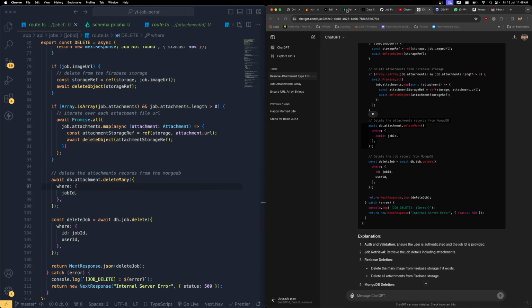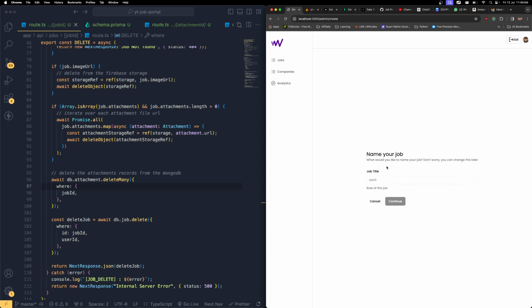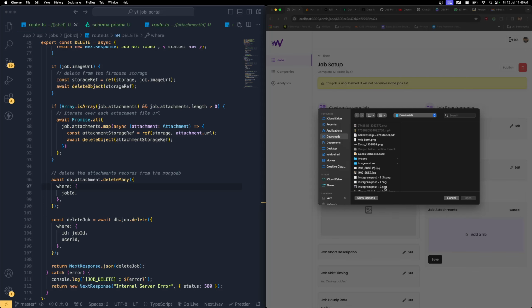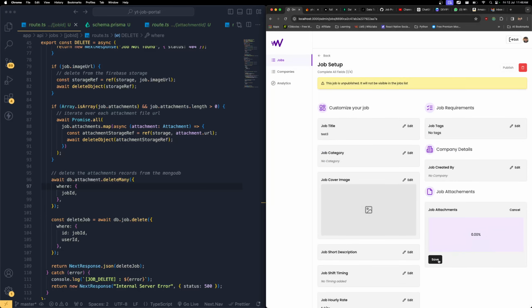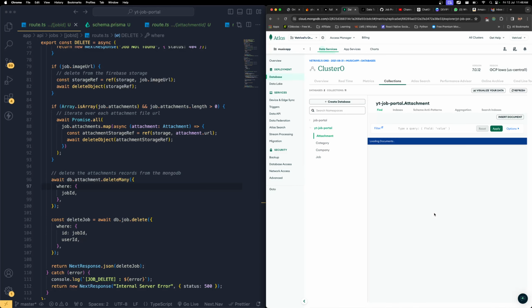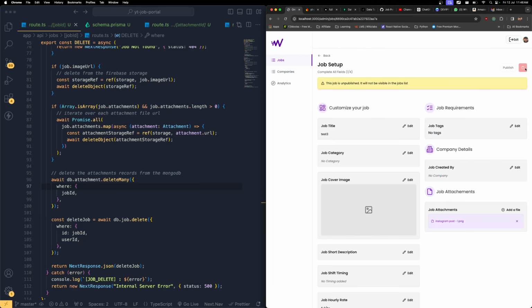So let's check it out now. This should work. Let me forcefully delete this because we already deleted that file. Okay, so here I'm going to create a new job. Let's say test3, hit enter. There we go. Create an attachment. Choose the same image, or a different image as you wish. It has been updated and refreshed back. Now if you check it out over here, yep, we have that. And now if I try to delete this,